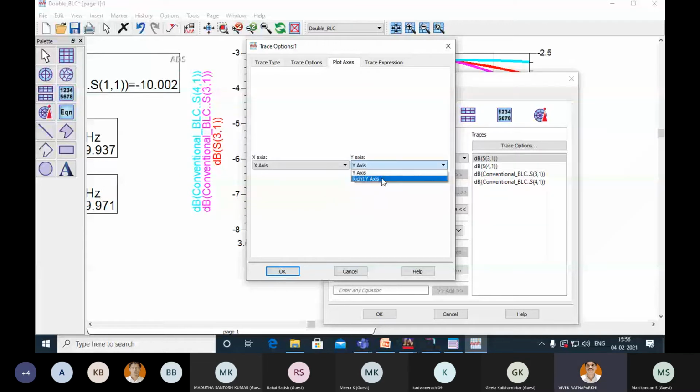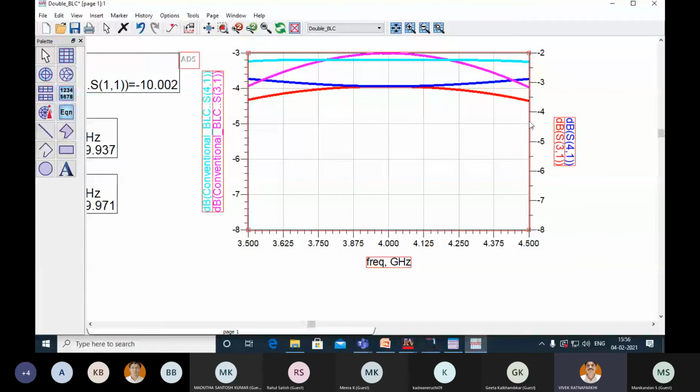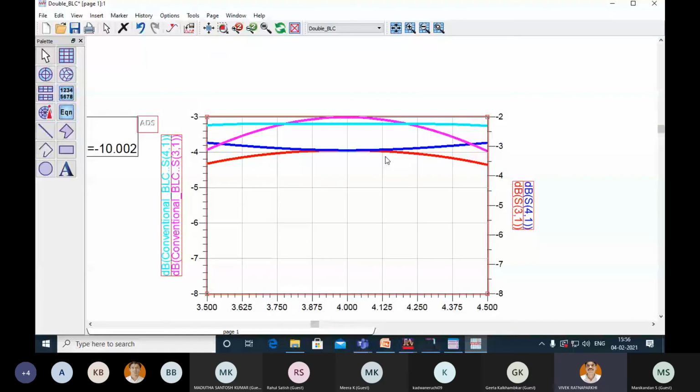This is another parameter. Now I can change the scale and everything as per my requirement, and I can comment. You see, you have a very good response for the red and blue curve in spite of the sky blue and pink color curves.